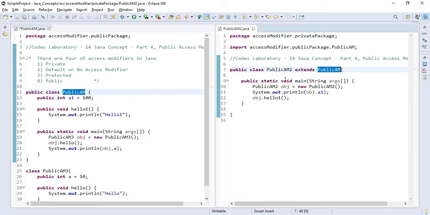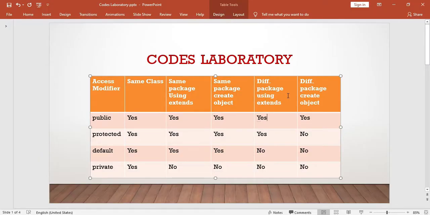We can call their public properties. And if they are protected, yes, we can access them also, as we have seen in the protected session. If you have some protected property in your class, and you want to access it in some another package class, you can do that by simply extending that class into your required class.